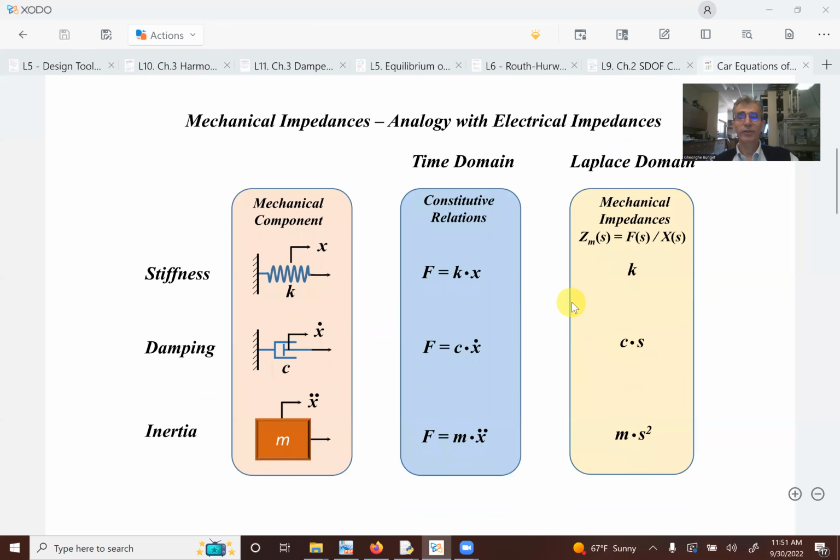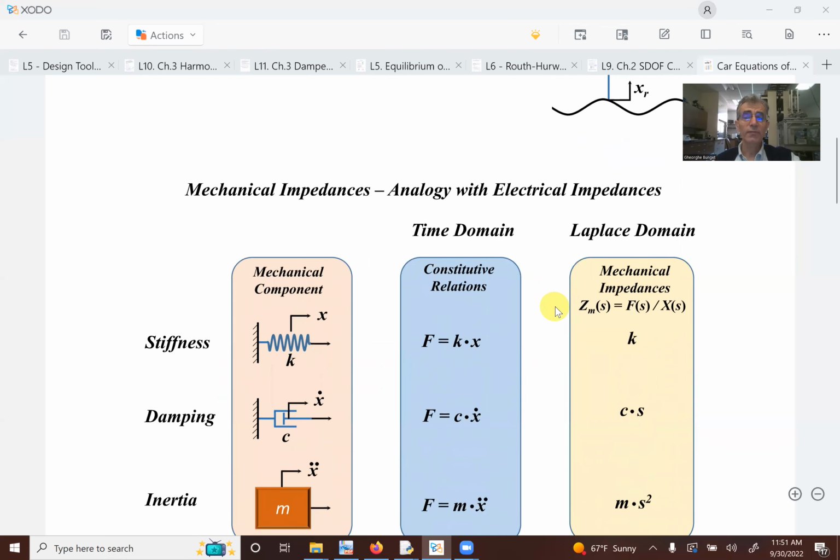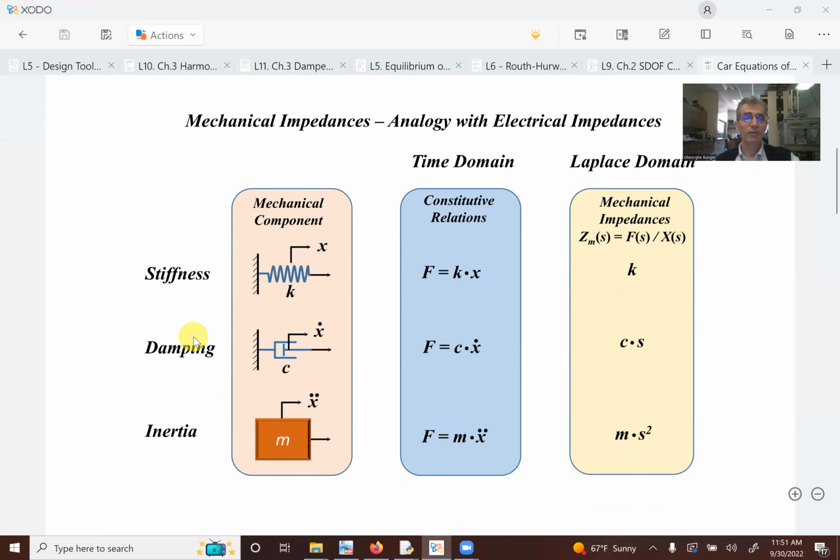Well, this is the alternative I am presenting here. Most of the mechanical systems are defined by these three properties, where we have constitutive relationships here. We have a stiffness for a spring, we have a damper that opposes the speed of the motion of the mass, and we also have an inertia term. So these are the constitutive relationships in time domain, where x dot represents velocity and x double dot represents